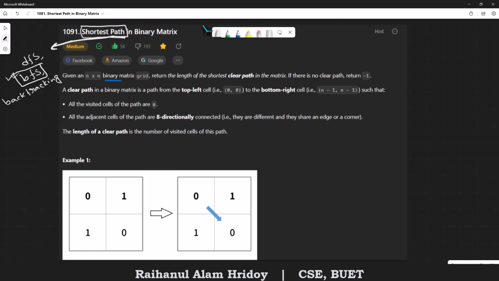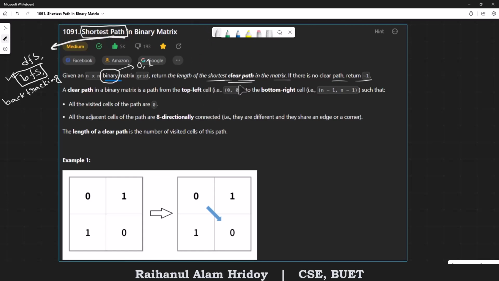Given an n by n binary matrix grid, return the length of the shortest clear path in the matrix. If there is no clear path, return -1. When it's mentioned as binary, we can see that the values can be either 0 or 1, and it's given a grid and we need to find the shortest clear path. Let's continue reading. It says that we start from the top left cell which is 0 0,